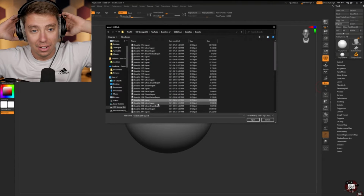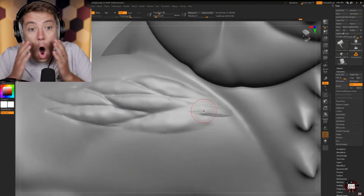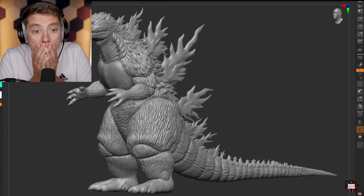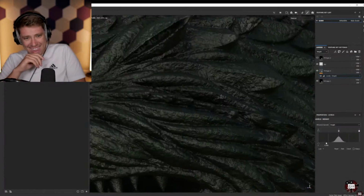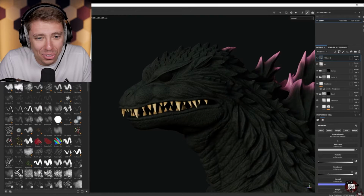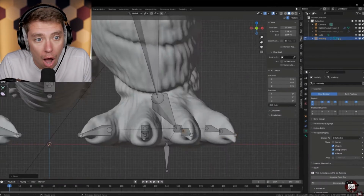So I brought my old model into ZBrush. How long did it take to render, bro? And decided to sculpt every scale by hand to try and make it as accurate to the real suit as possible. Once I had finished and gone to therapy, I brought it in for texturing, which is where I give it color and try to make it look like this video is so good, dude. Instead of just polygons. I then brought it back to Blender to give it a skeleton, which will allow me to...